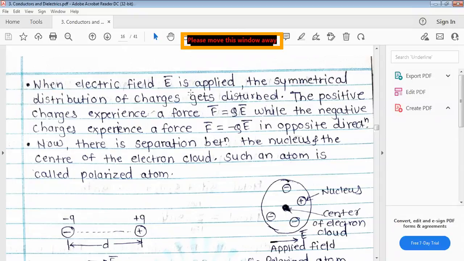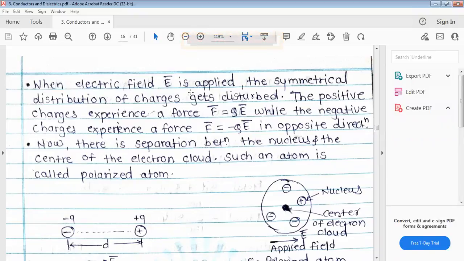So all of you understood this? Positive charge is experiencing the force of Q into E bar, and negative charge is experiencing a force of minus Q into E bar, in the opposite direction. And now there is separation between the nucleus and the center of the electron cloud. म्हणजे जेव्हा तुम्ही इलेक्ट्रिक फील्ड अप्लाय करता, इलेक्ट्रिक फील्ड इंटेन्सिटी म्हणजेच तुम्ही काहीतरी फोर्स अप्लाय करताय ना. म्हणजे फॉर एक्झाम्पल, if you consider the conductor,